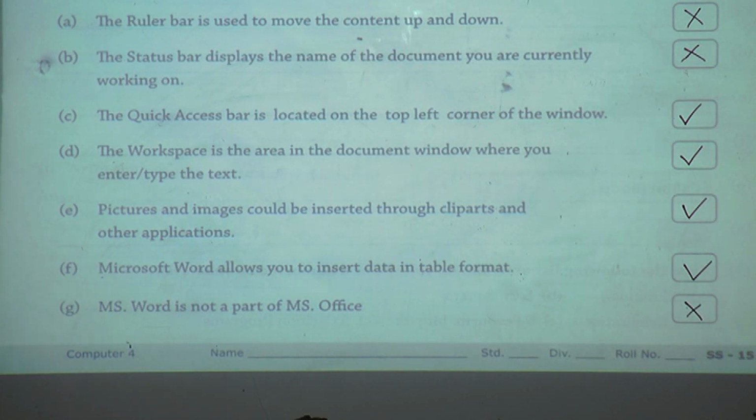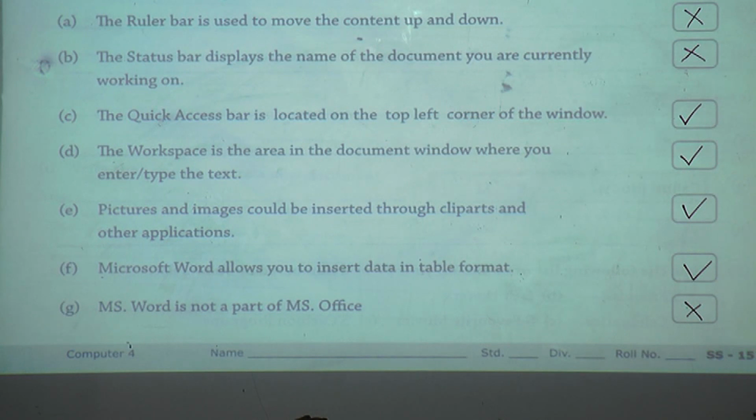Now everyone keep your finger and read with me. First one, keep your finger. The ruler bar is used to move the content up and down. It is wrong. The status bar displays the name of the document you are currently working on.